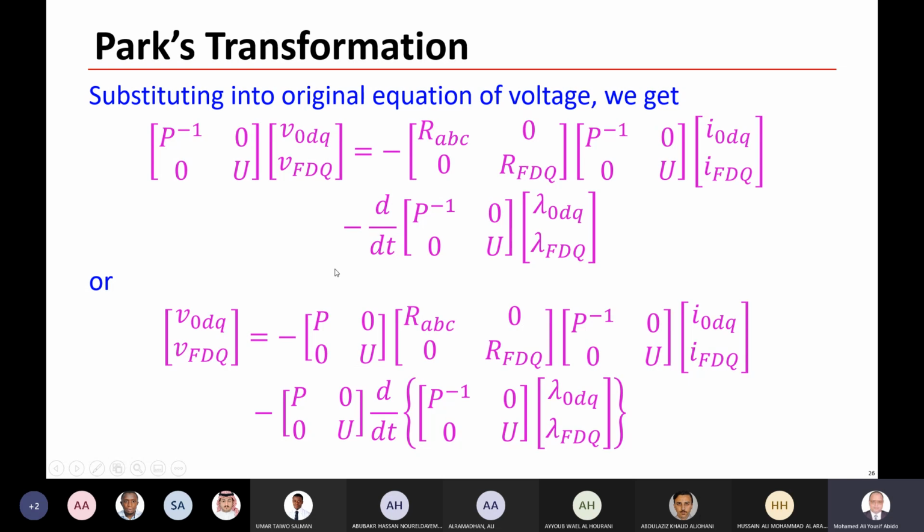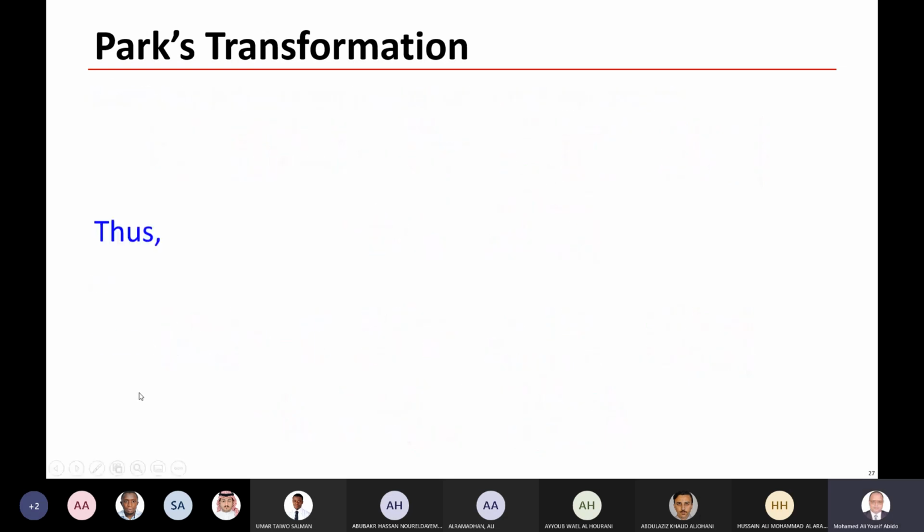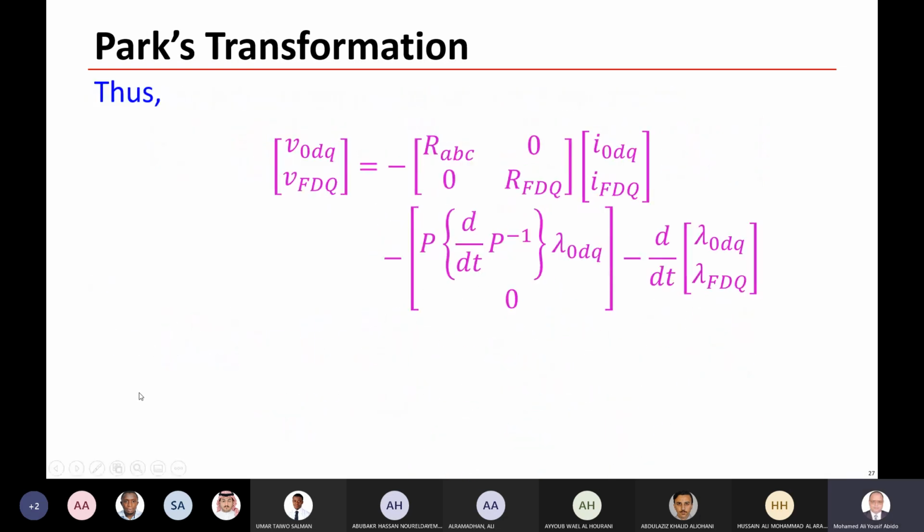Multiply this equation, and also multiply this by this term. You can simplify these equations to the voltage here equal to the resistances multiplied by the currents, and you have